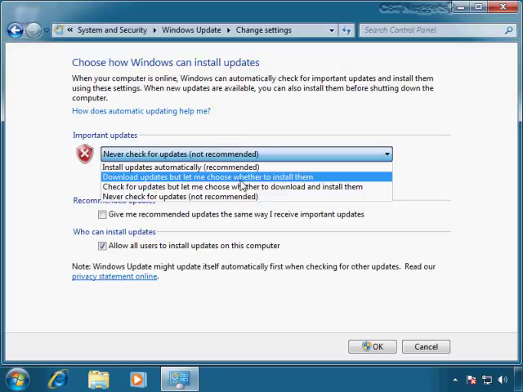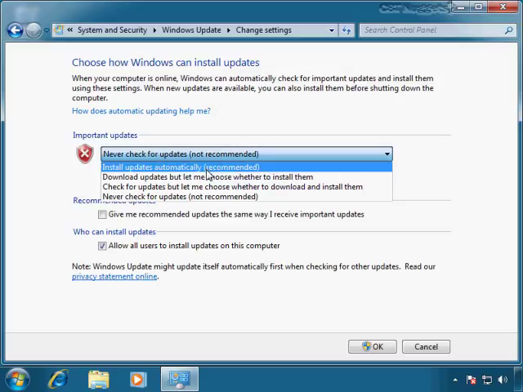But if you choose to download updates but let you choose when to install them, that gives you a little bit more control over the reboot process. Because especially on standalone computers, a lot of those updates require a reboot. And if you're not attending the computer at the time, it'll show you that a reboot is necessary, and then it'll start a kind of a countdown timer. And if you're not right there at the time that it starts to reboot, then you might lose some data, for example. You can also just choose Install Updates Automatically, and that would then install the updates, and if necessary,